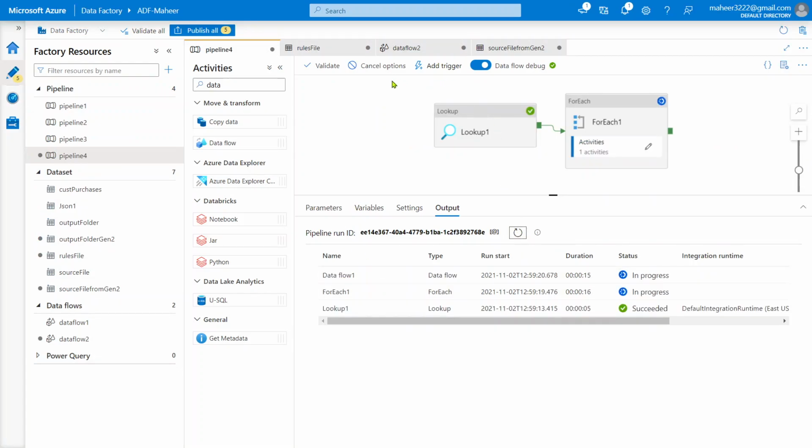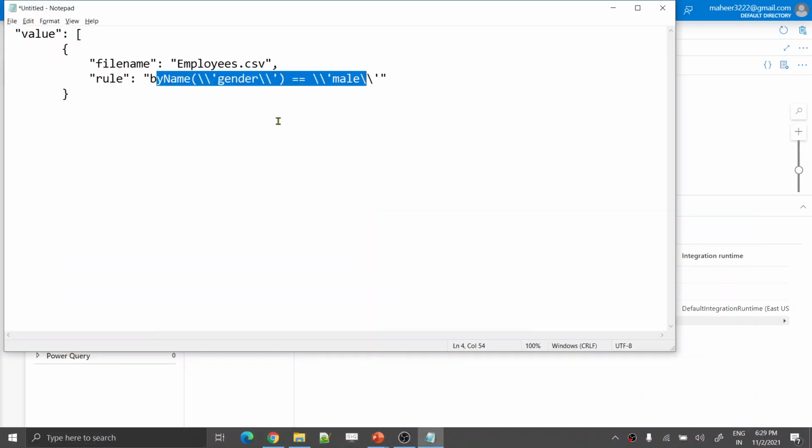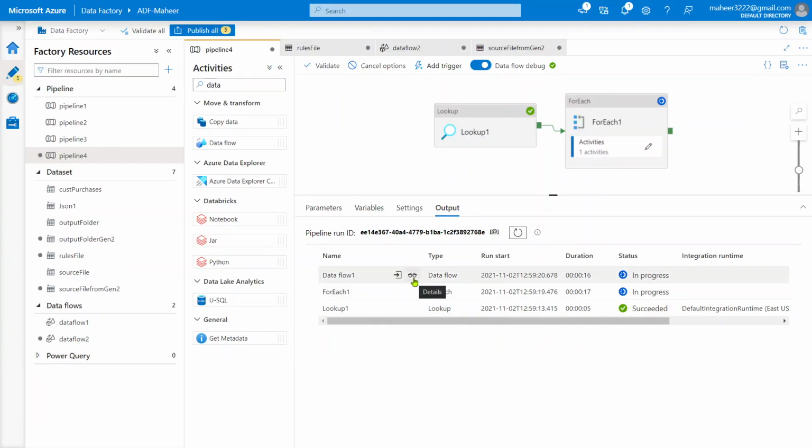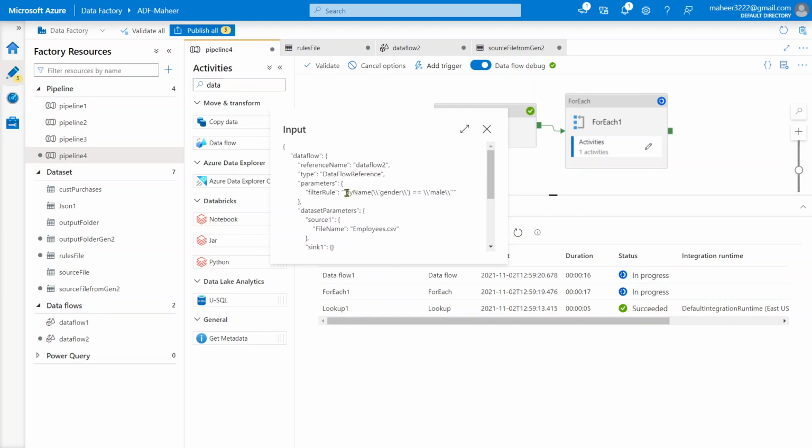Let's see how the execution goes. I just started my debug execution. You see the lookup activity execution was successful. Then the for each activity started. The for each activity gets only one array value with only one object inside the array, so only one data flow execution will happen. In the data flow's input parameters I have passed my expression into this filter rule parameter, and for my dataset I have passed employees.csv.